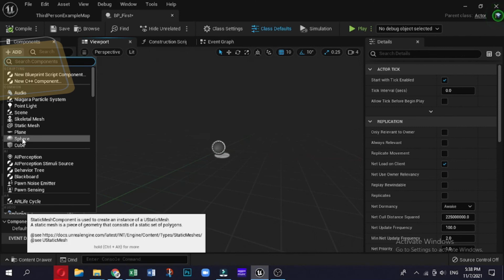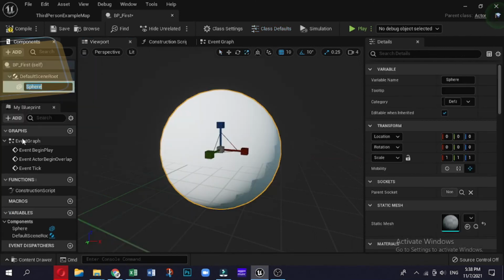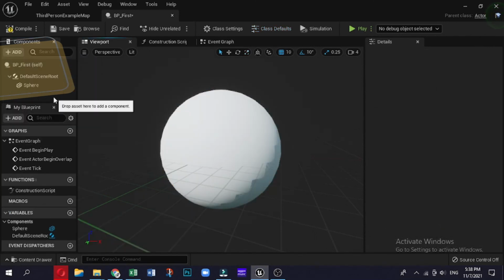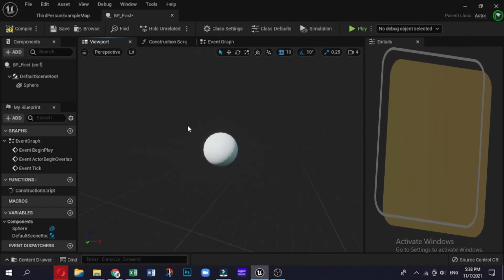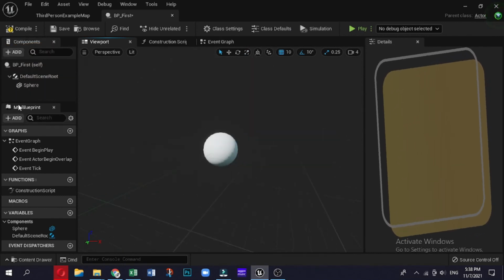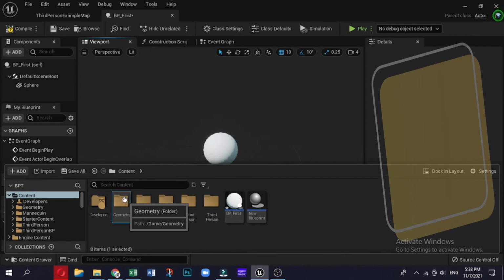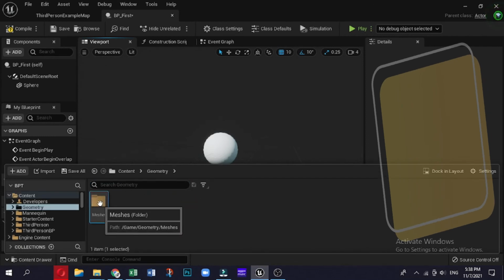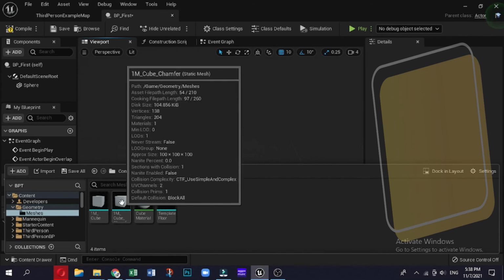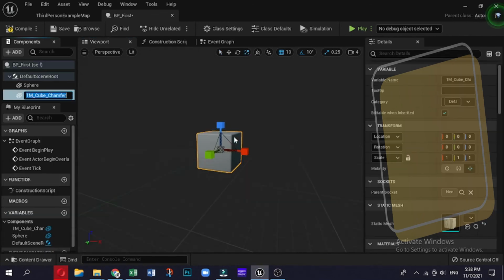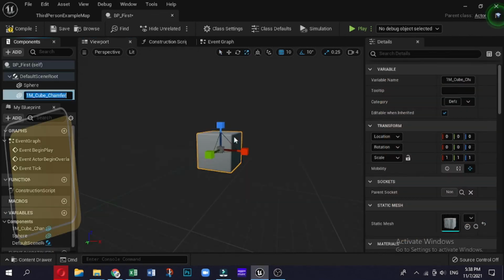In order to add a component to Blueprint, you can click on the Add Component button and select the component from its menu. Components can also be added by dragging and dropping them from the content browser in the Components panel. Each component is placed at the location of the instance by default. However, they can be transformed, rotated, and scaled if necessary in either the Details panel or the viewport.